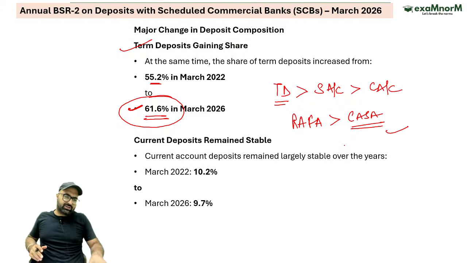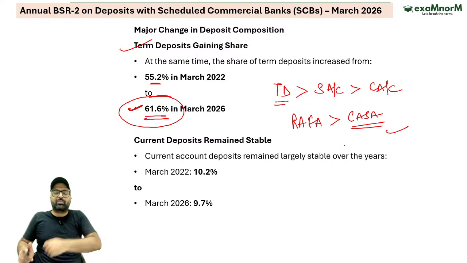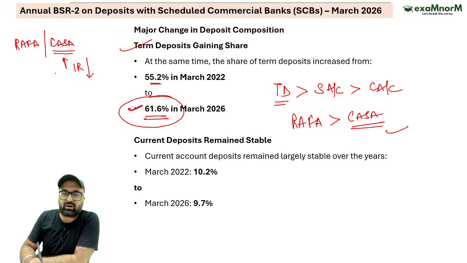अब एक क्वेश्चन का आंसर दो. If you are a bank, what type of deposit would you prefer? For you, RD and FD deposit is more favorable, or CASA deposit is more favorable. Sir, for the bank, CASA is more favorable because these deposits, they have lower rate of interest.